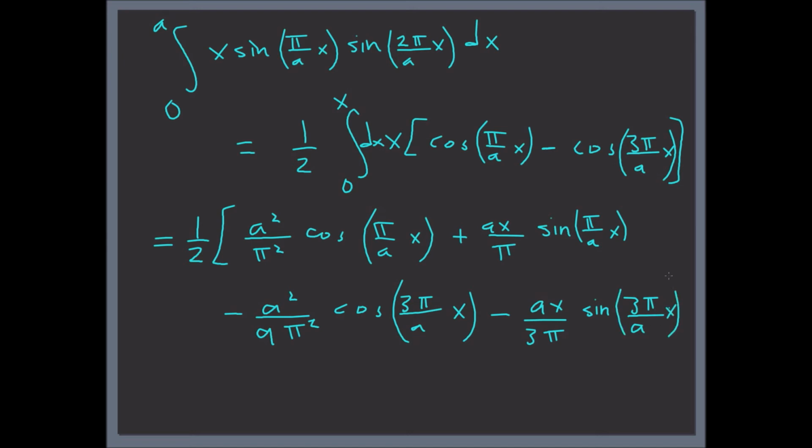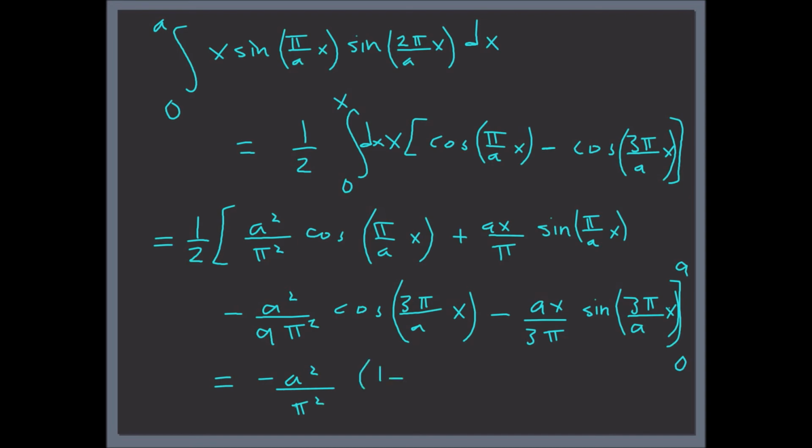And finally we're gonna integrate from 0 to a. So putting the limits in and simplifying, we get, not the expectation value, this integral alone, minus a squared divided by pi squared